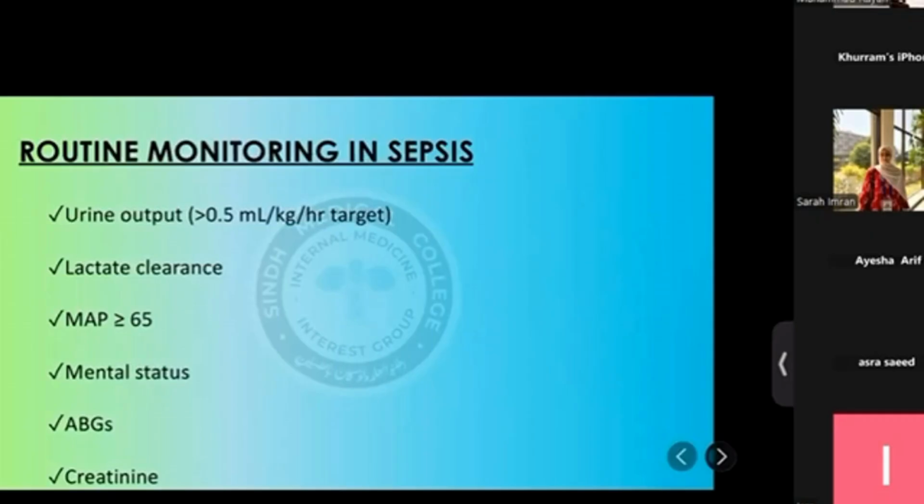If all these things are deteriorating further, that means you are losing time and you might lose the patient. Again, creatinine: since there is hypotension, the first organ that hypoperfusion strikes is the kidney. So if the creatinine is improving, that's another sign that you are treating the patient and the sepsis is being treated well. And if all these things